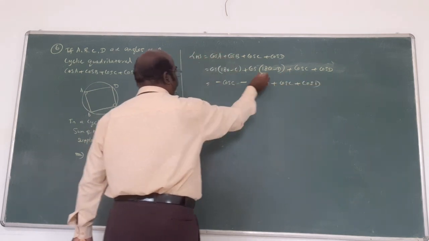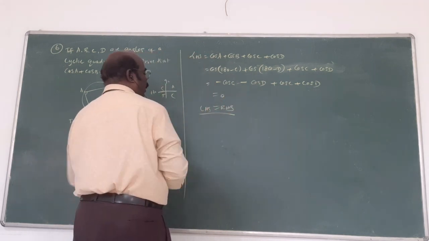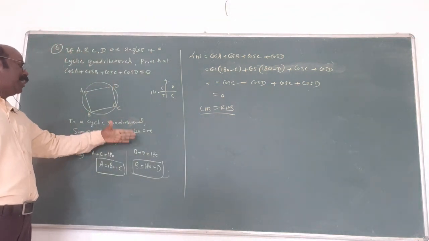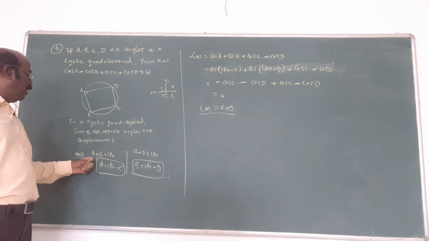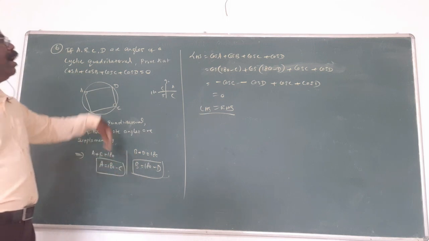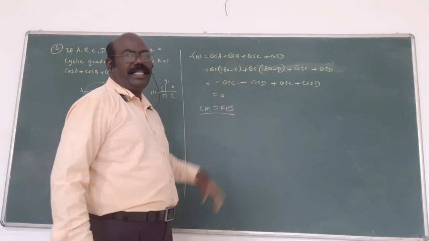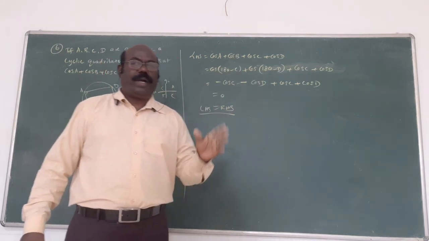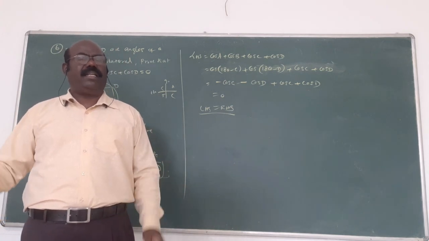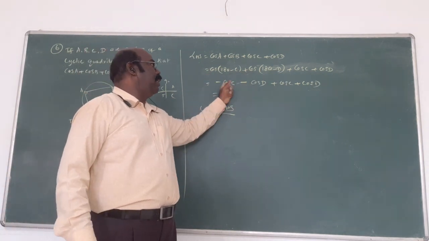This will be cancelled now. You can cancel; it is 0. That is ours. That's all. Simply a small concept. In the cyclic quadrilateral, the sum of the opposite angles is supplementary. A plus C is 180, from this find A. B plus D is 180, from this you will find out B. After writing the LHS, substitute A here, B here. After that, the concept: 180 minus something means 180 unchanged, cos becomes cos C. 180 minus something means the second quadrant, where only sine is positive. But here cos is minus. In this case also minus. Cancel, 0.